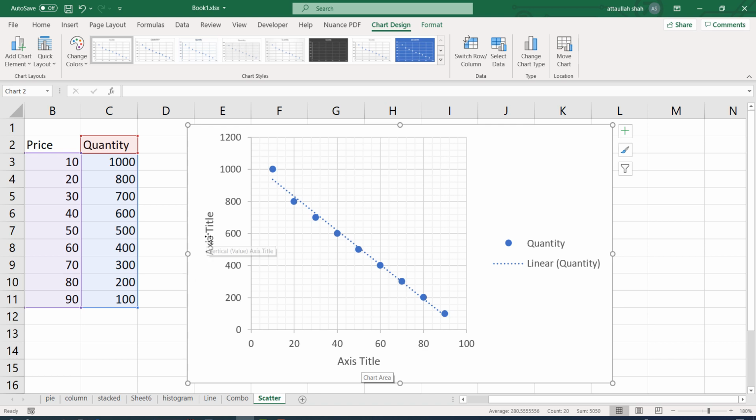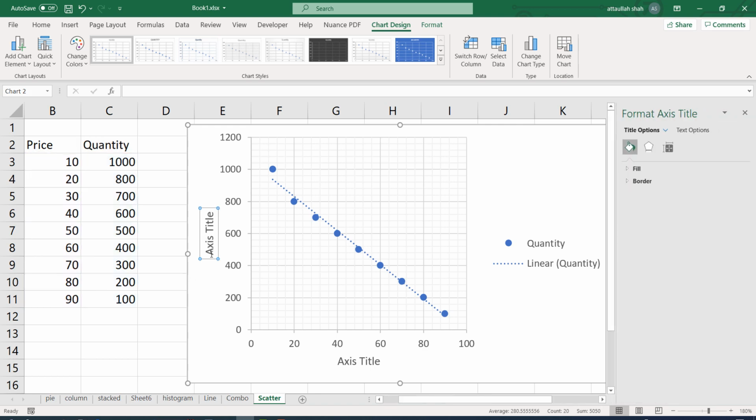Okay, so now over here, this is quantity, and over here we have price.